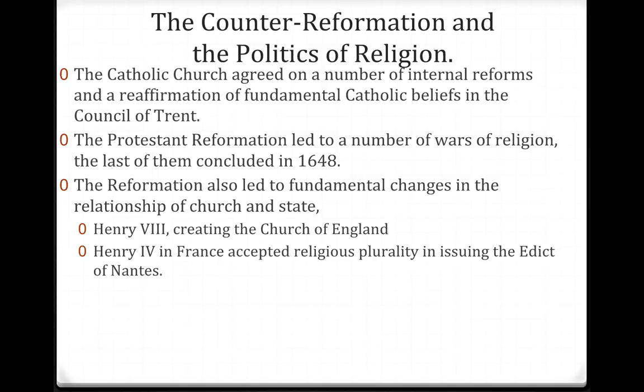Henry actually created the Church of England because he wanted to divorce Catherine of Aragon, who was married to his brother, so he could marry Anne Boleyn. Catherine was about 6 years older than Henry, and unfortunately, she was never able to deliver a healthy son. She actually did give birth to a living son. He died a month later. And all of her children actually died, with the exception of one daughter who would become Queen of England.